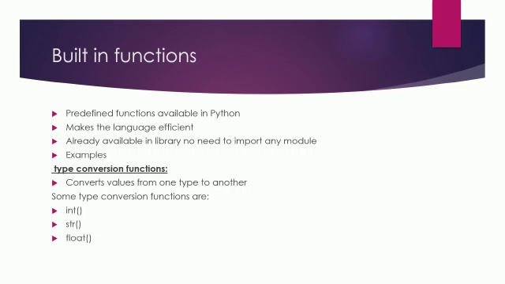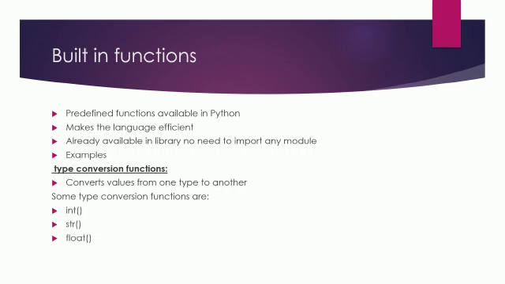So we don't need to import any module. It is the main difference between a built-in function and modules. That means we don't have to import any modules from the library. It is the main advantage of built-in functions. You can simply use any function without importing. It means in a program, you can simply write the function name. You don't have to bring in or import any module from the library.